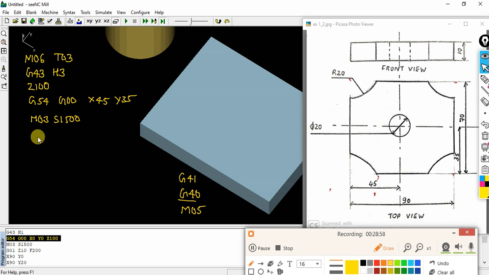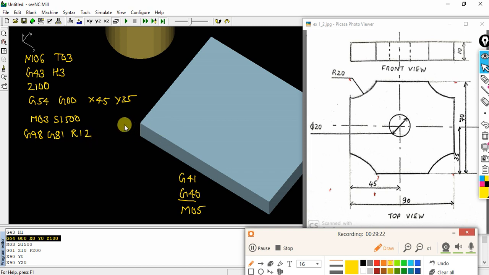Now I will start the drilling operation. So G98 I will use, nothing but return to the R point. G98, and the cycle will be drilling cycle G81, and return point I will define. So since it is 10 mm thickness, I will give it as R12.